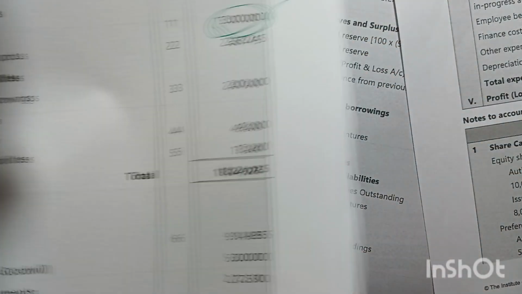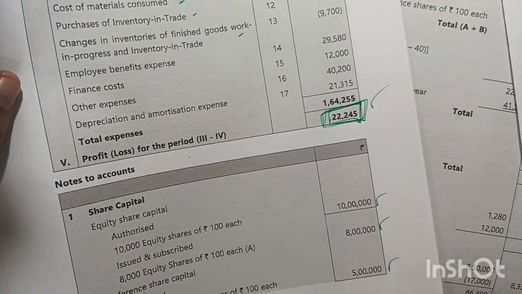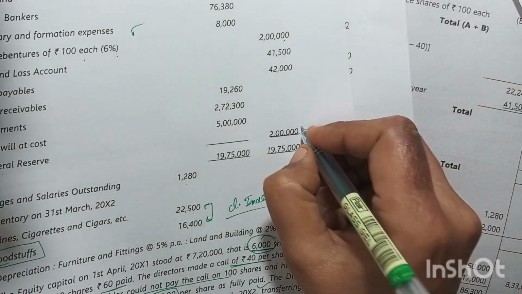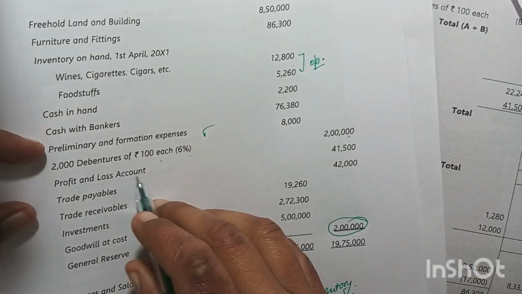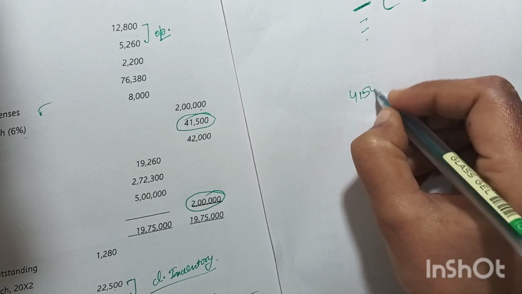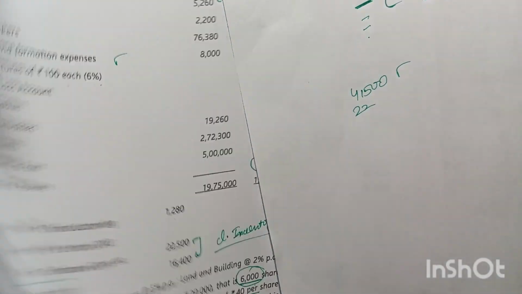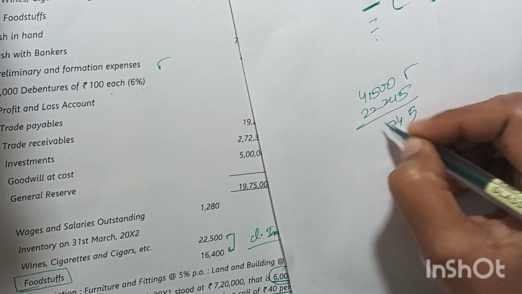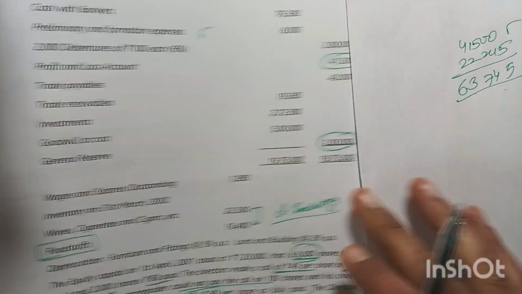Done with it. Now we come into the reserves and surplus part. In the reserves and surplus part, we will calculate the P and L also. So first of all we have the general reserve of 2 lakh, and then we have the profit for the year in the P and L account, that is 41,500. So total is 41,500 for the current year. Current year, how much is it, 22 lakh 245? We have taken 245 from the P&L account. So this is this much, and 2 lakh of the general reserve. So this will be the total.